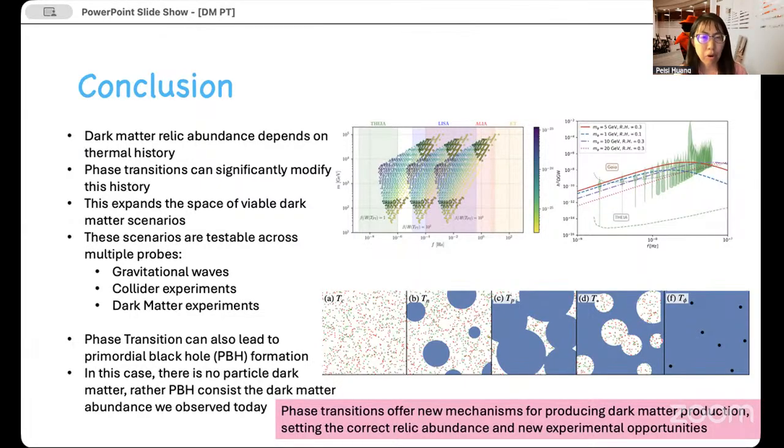For the other scenario, I talked about how phase transitions can also lead to primordial black hole formation. In this case, we don't need a particle dark matter. Rather, the primordial black holes can account for the dark matter abundance we observe today. So I think the takeaway here is that phase transitions offer new mechanisms for dark matter production, setting the correct relic abundance, and new